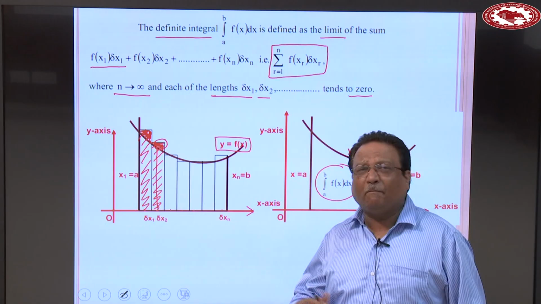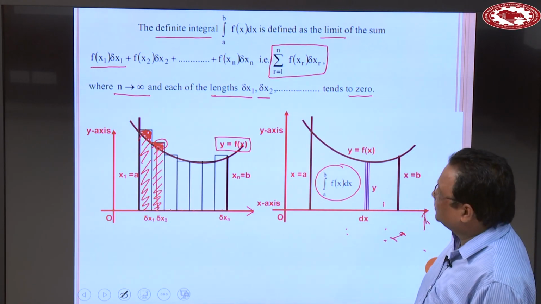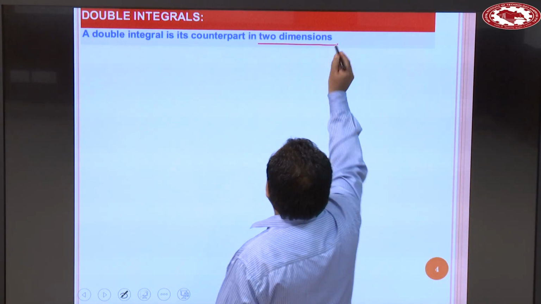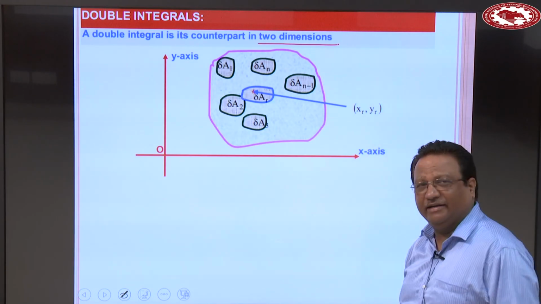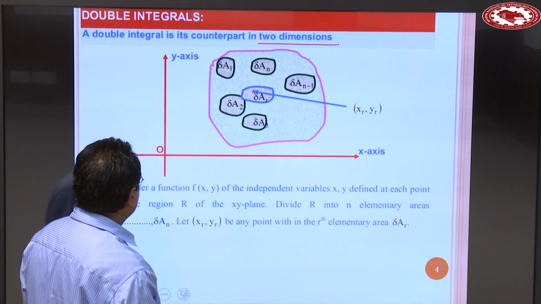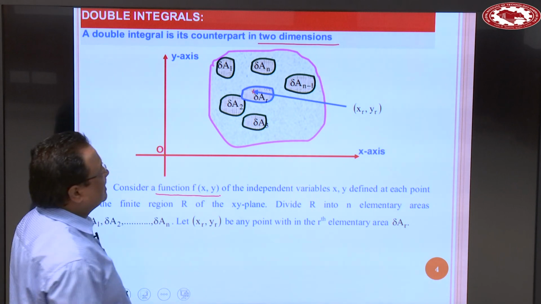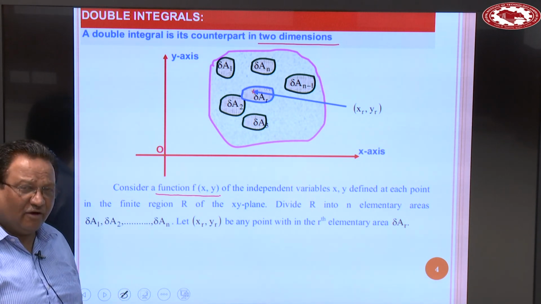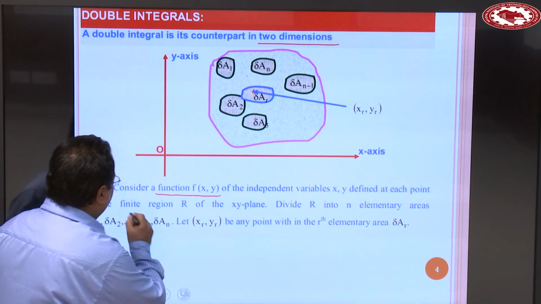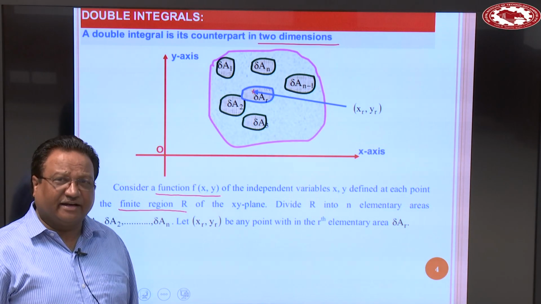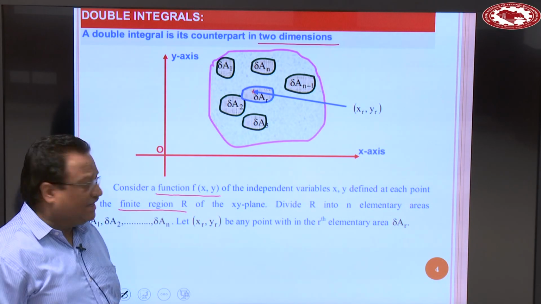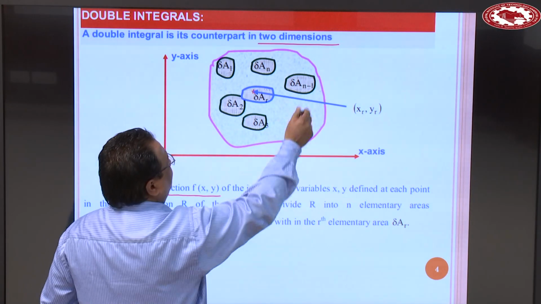And double integral is the counterpart in two dimensions, okay? So we will discuss double integral. So a double integral is its counterpart in two dimensions. Clear? What happened in double integral problem? Let us suppose this one is x-axis, y-axis, this origin, right? So consider a function fxy. Consider this type of function f of x and y of independent variables x y defined at each point in the finite region R. तो ये जो function हम consider कर रहे हैं fxy of two independent variables x as well as y. Okay, so this function is defined at every point within this region,